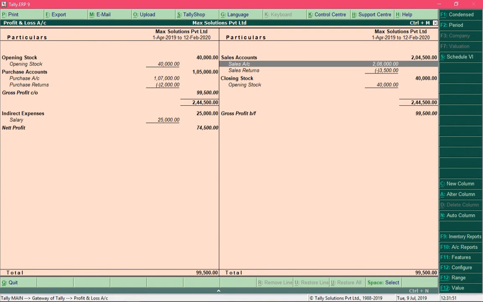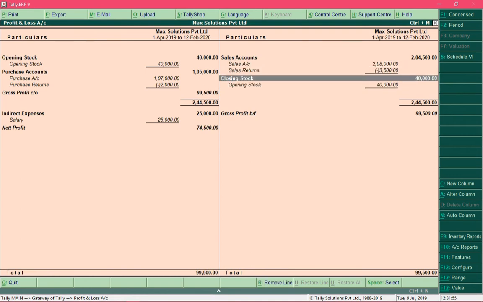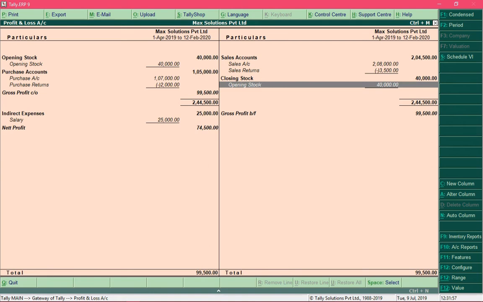So over here on the right hand side you would be able to see the closing stock information. So this information is not yet updated. So it is showing the same amount of rupees 40,000 which was entered as the opening stock.